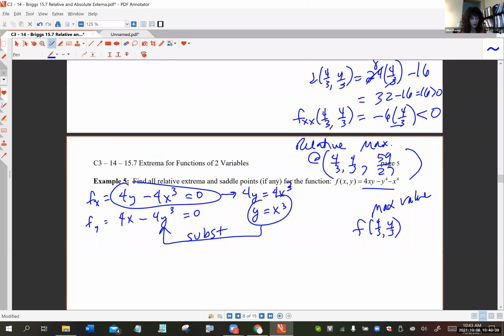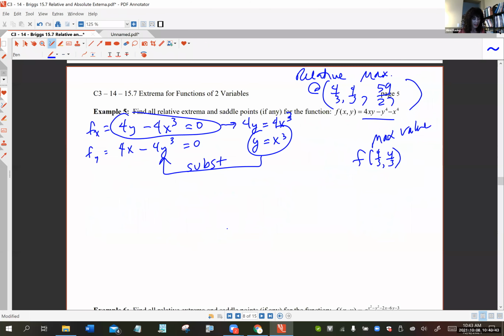I'm going to substitute y equals x cubed into the other equation. Now let's be very careful here, because this is where I have seen students make really silly mistakes. Yeah, they forget all their algebra. And that's the shame, because then the whole problem goes down the drain. So when you substitute x cubed in here,